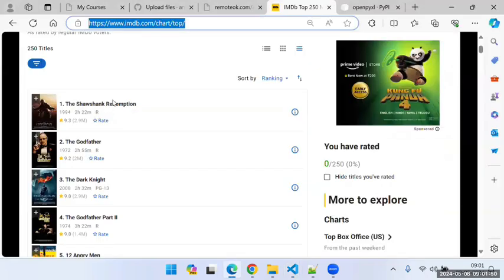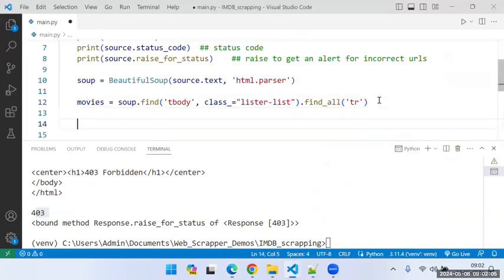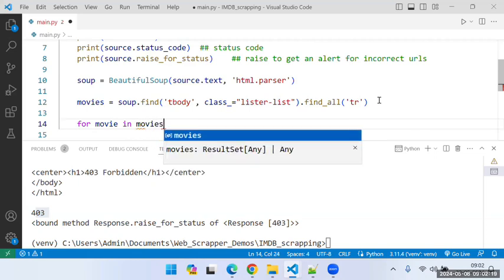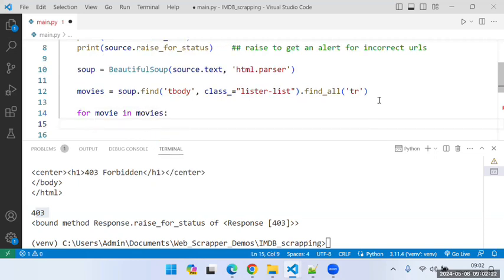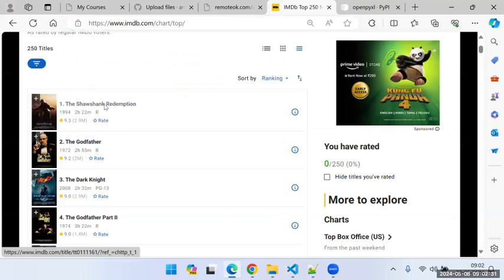Now to list down individual texts, we have to run a for loop, an iteration on these table rows. So what you can do is run a for loop, for i in movies, or let's call this for movie in movies. For movie in movies, I want to find the text within this, right? So if you see here,